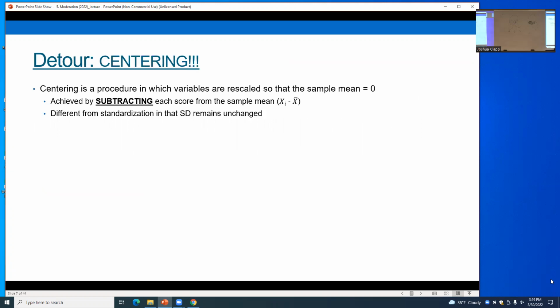But before we get there, we're going to go off and talk about centering. Okay? Centering. If we center our variables, what we're going to do is rescale all of our predictors so that the mean of those predictors is equal